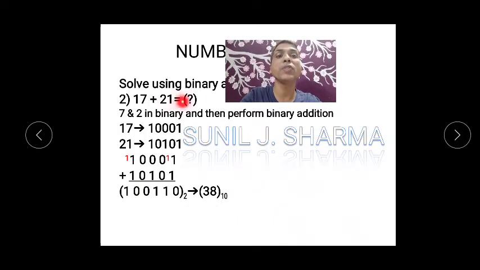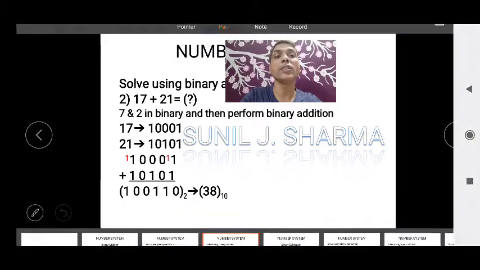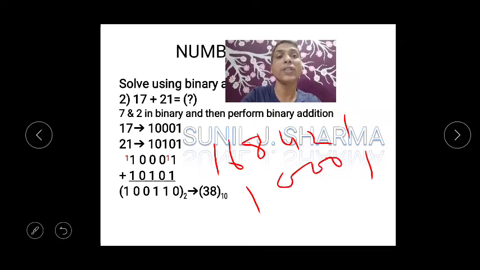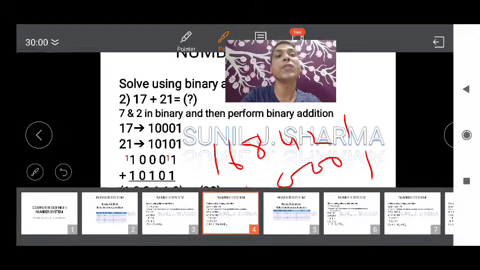Now suppose the values are 17 and 21, and you want to solve this. Just now we have done 8421, so this will be there only till 15. If you want to go for 17 or 21, more than that, then you have to go for 5 bits. So 16 plus 1 is 17, rest everything should be 0. These are the shortcuts. 21, I think you already know, 16 plus 4, 20 plus 1. So 16 plus 4 and 1, this is 21. That's why you got those values.